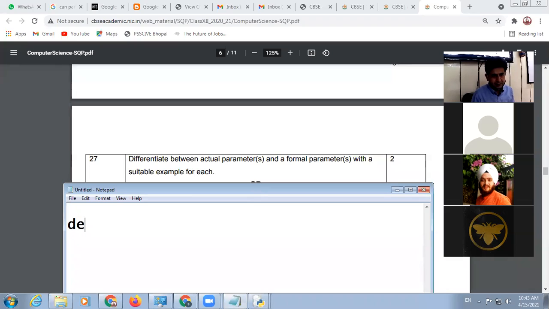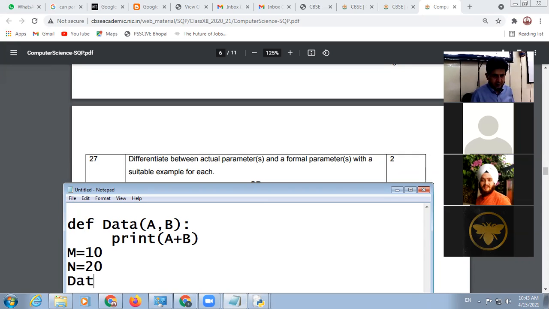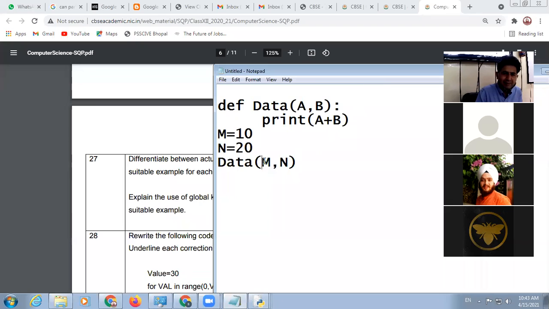For example, look at here. Here, m and n, these are in function calling.